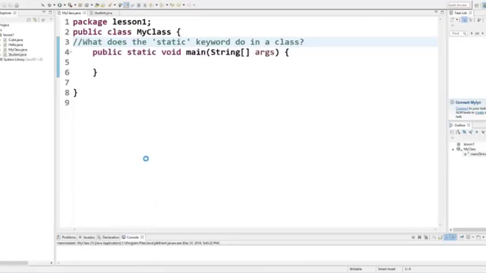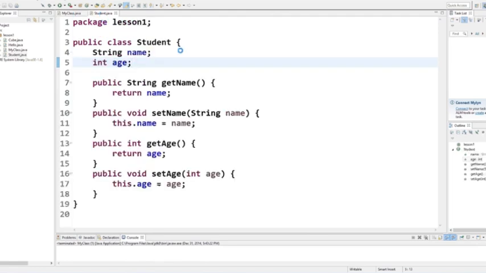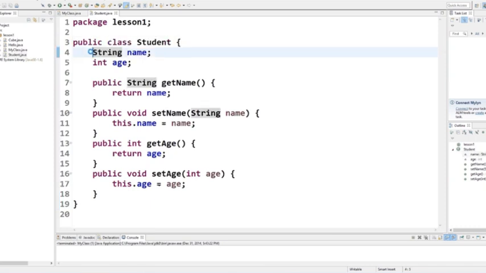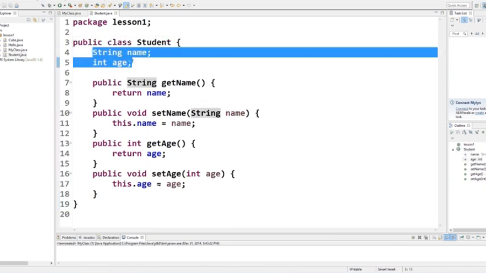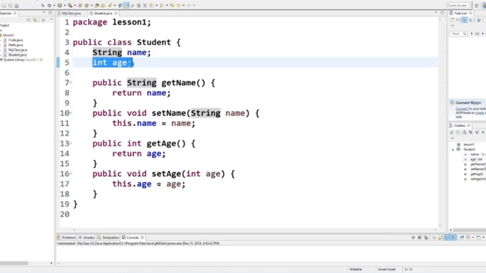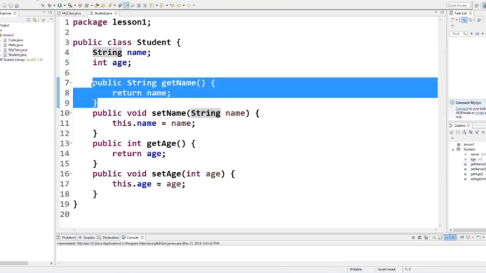In the last video we have seen what the static keyword does in a Java class. Now in this video I'm going to give one more example so the meaning of static will be more clear to you. So for example, I have a class called student, and in this class I have two member variables. One is the name of the student, which is a string, and one is the age of the student, which is an integer. And I have made the getter and setter functions of this